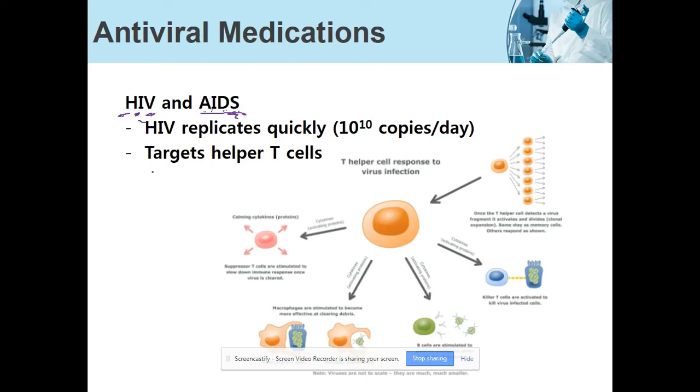So we're going to look at some of the challenges that HIV presents to us, the medical community, pharmaceutical companies. How do we prevent it? How do we treat it? It's really hard, and these are some of the reasons why. So first of all, HIV copies itself super, super fast. 10 to the 10 copies per day, every day. It's kind of crazy. You can imagine that if there are a few viruses, it wouldn't be too hard to have enough medicine to capture them. But if you're looking at these guys replicating themselves at a rate of 10 to the 10 every single day,